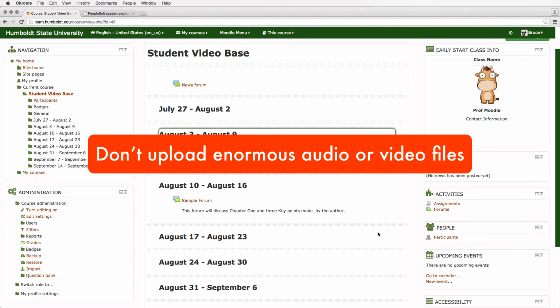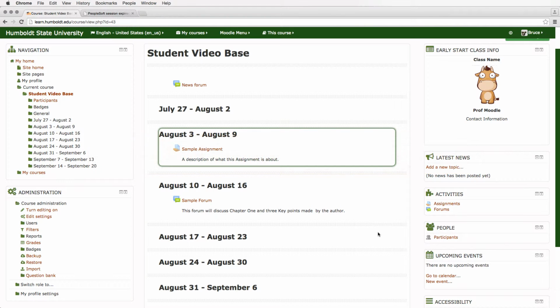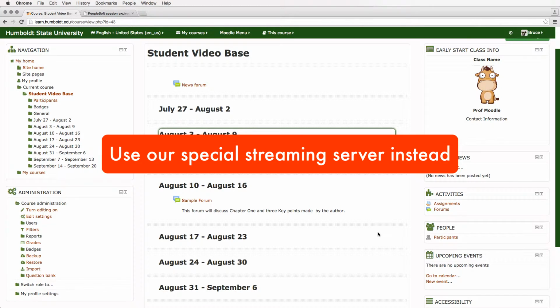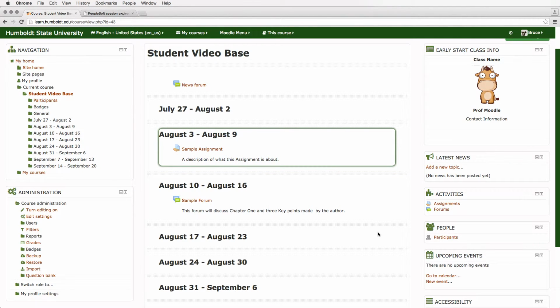There's a 1 gigabyte limit to the whole class size, and if you have large images or large music projects, we recommend you consult with your faculty person, and they will tell you we have a special streaming server set up for large items. So you can drag and drop to add content, but what if you did not like dragging and dropping? That is not required to get content into Moodle, and let's give you an example of how we do that.